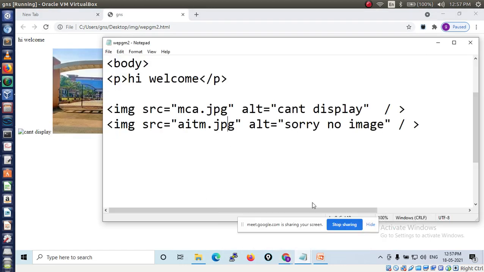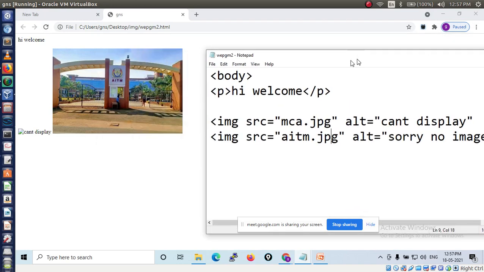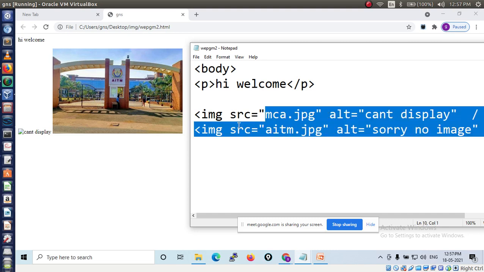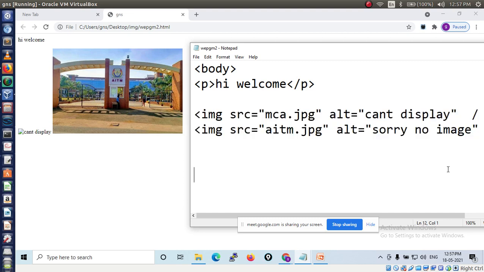Image is displayed. Okay. Which image is displayed according to this? First image or second image?